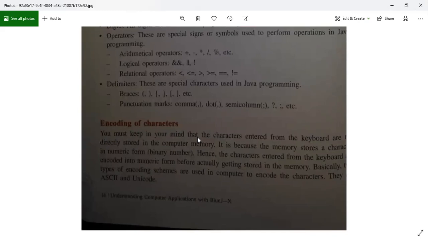Now, let us go ahead and understand how the encoding and decoding of the characters is done so that the computer can understand. You must keep in mind that the characters entered from the keyboard are not directly stored in the computer memory. It is because the memory stores